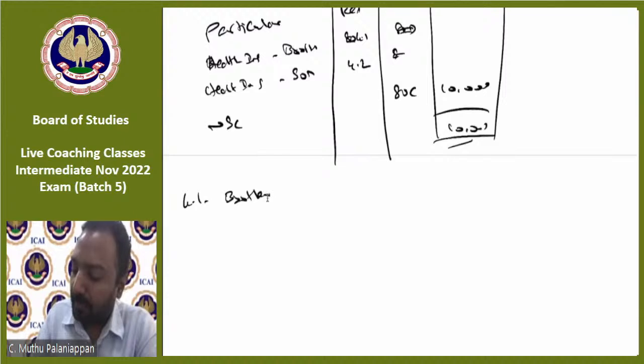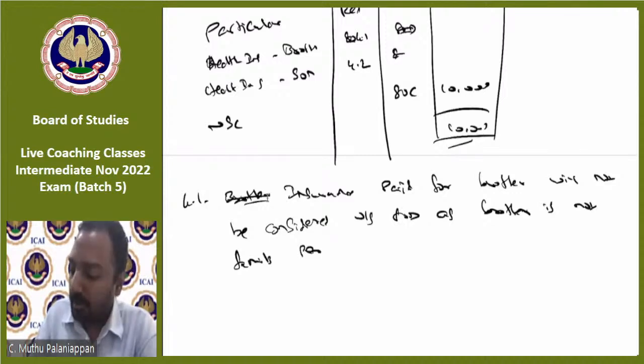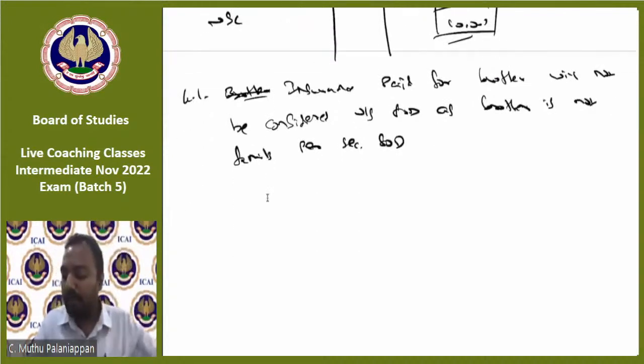Insurance paid for brother will not be considered under section 80D as brother is not family per section 80D. Okay, that's the thing. And 4.2,